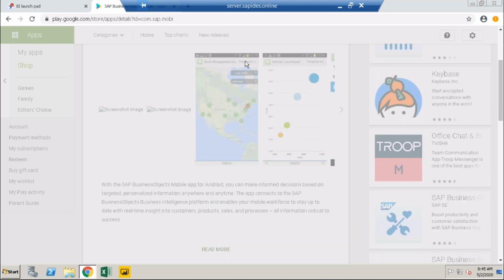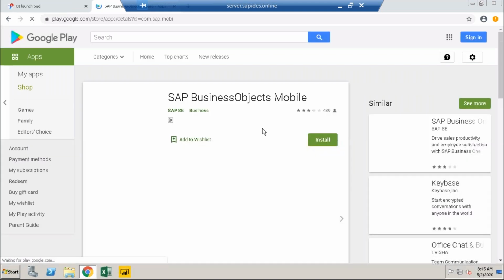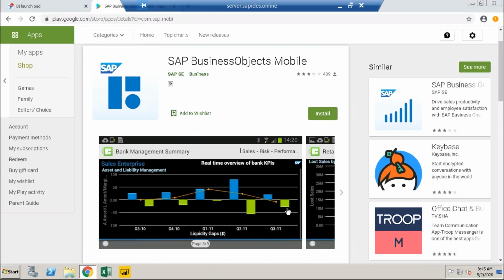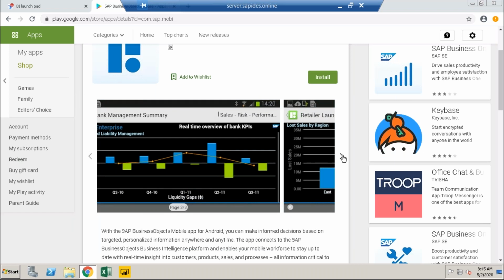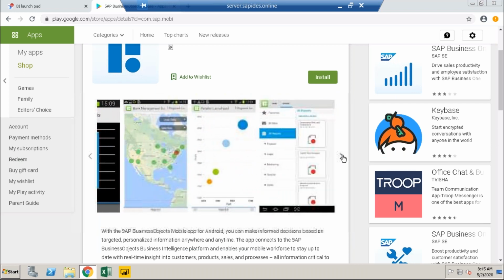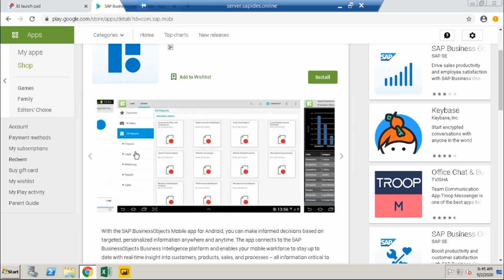So you can see here, like this, we get charts. After installation, you will get screens like this, and you can get these data lines. You can see a chart like this one. And the file which you save will be saved in BO format. Here you can see the file format. When you double click on a file, you will see the reports.